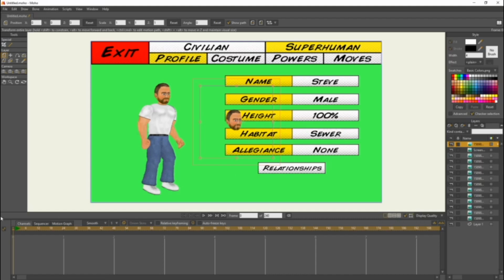But actually, before that, I'm going to show you about the timeline. So here at the bottom is the timeline. You see where I'm dragging? This is basically where you animate. And as you drag this line, you can see right here where it says frame. You can see this number increase and decrease. You're gonna want to make sure that that is on frame 0. Make sure it's always on frame 0 when you're doing stuff other than animating. So just make sure that this is on frame 0.